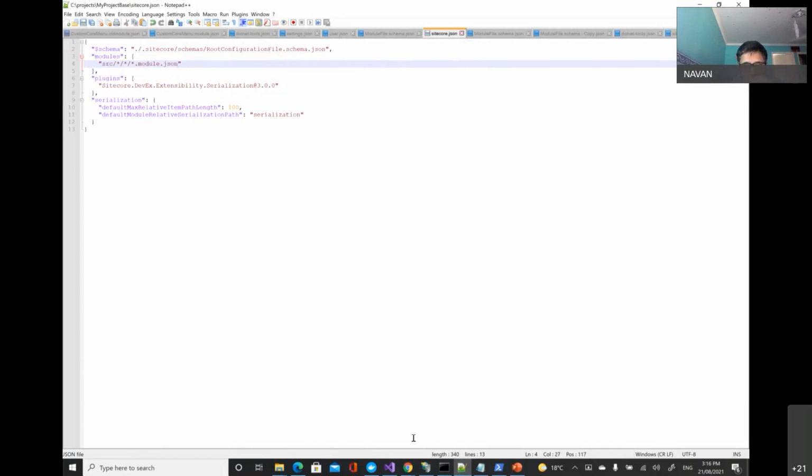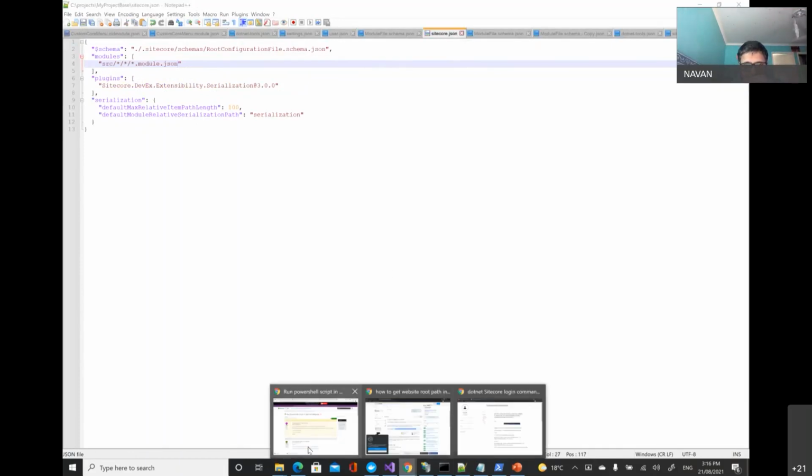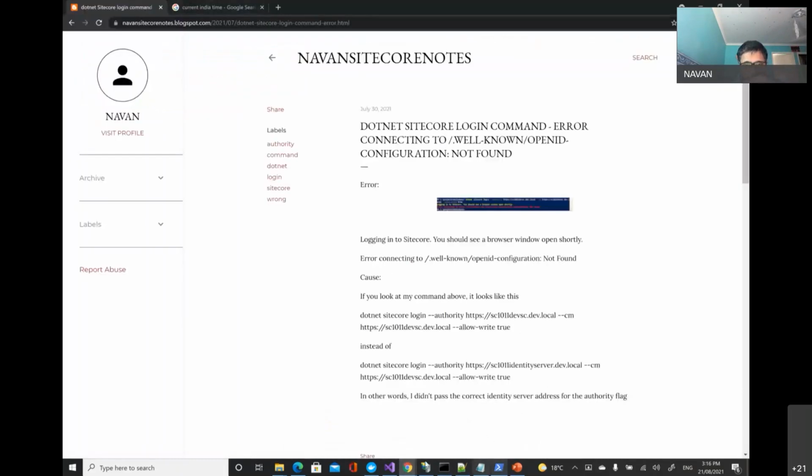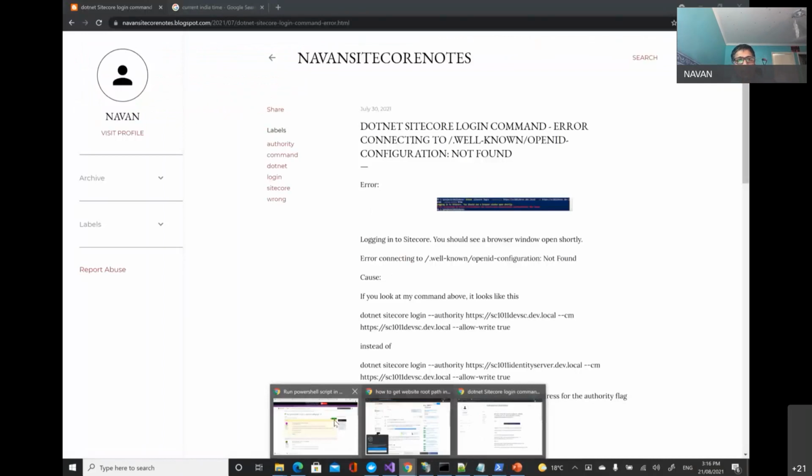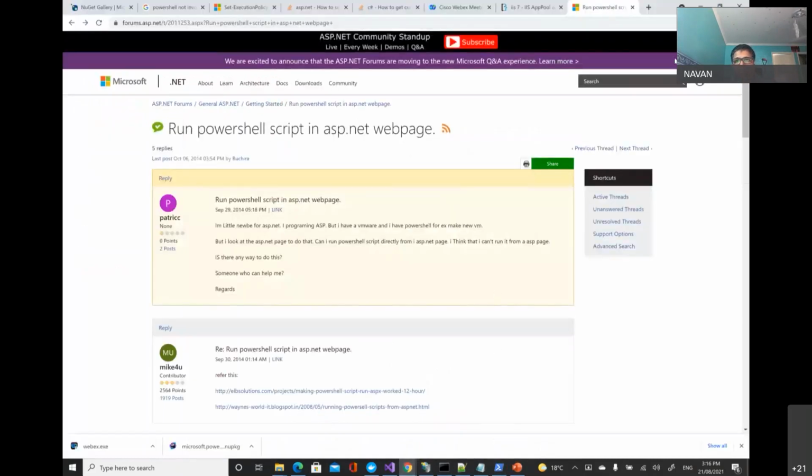So now what I'm going to do is, because I've got this setup, refresh the page to see what happens to my UI.